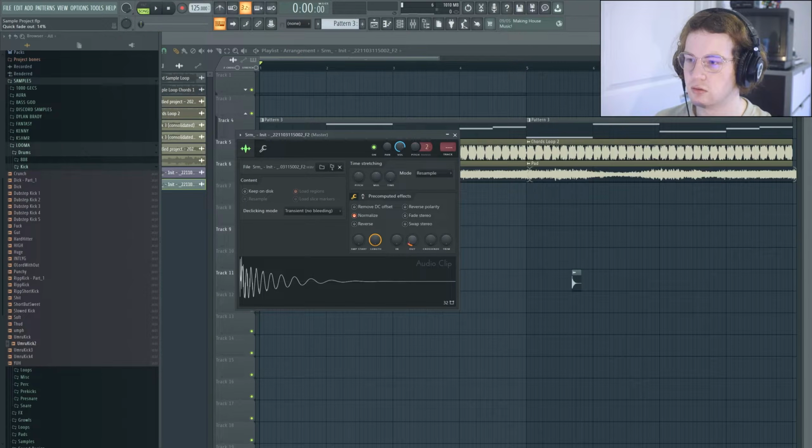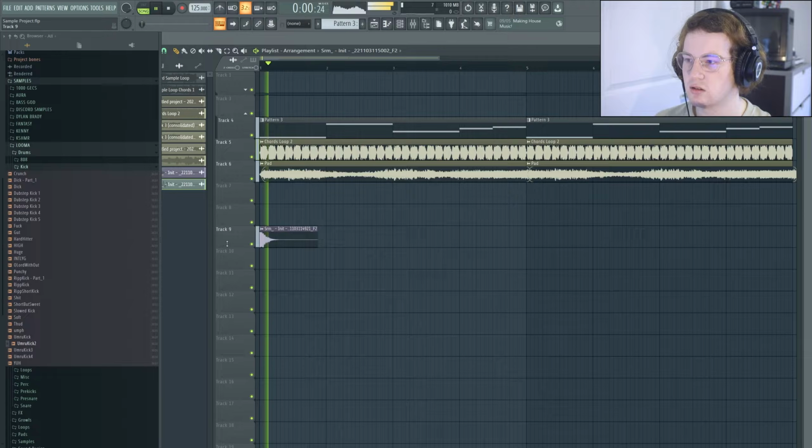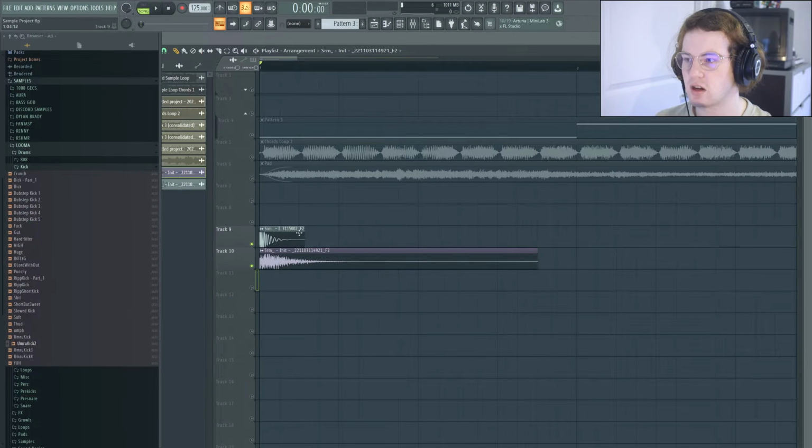Pogo is a really cool tool that I like to use. And then we can also clip the transient here. And then maybe just add a tiny bit of stereo width. And then we'll add some soft clipper onto there,